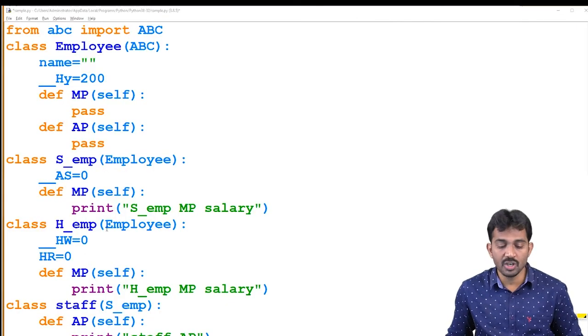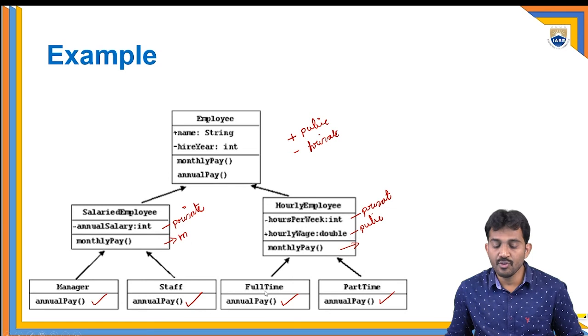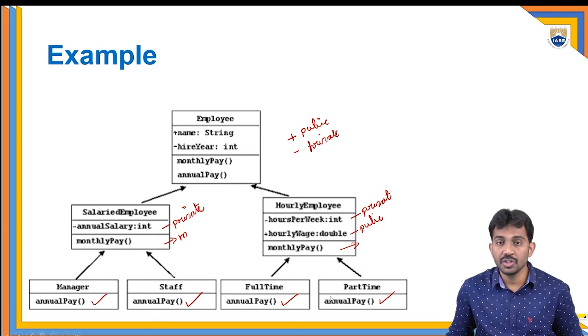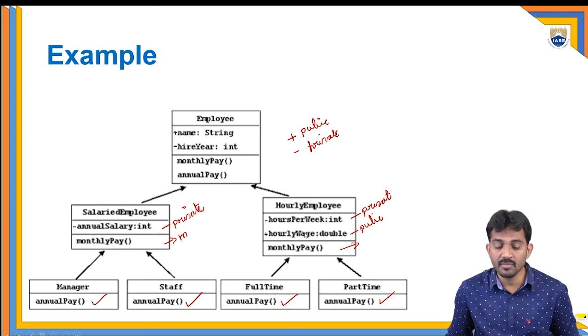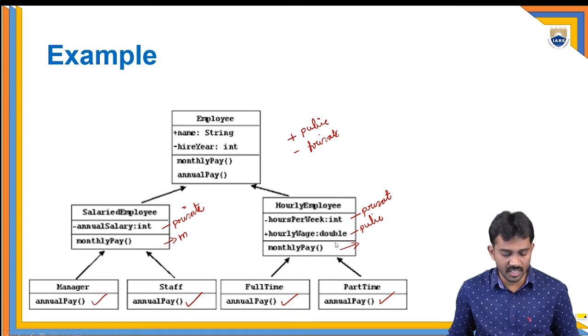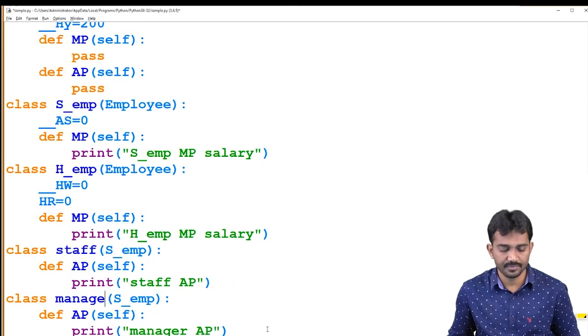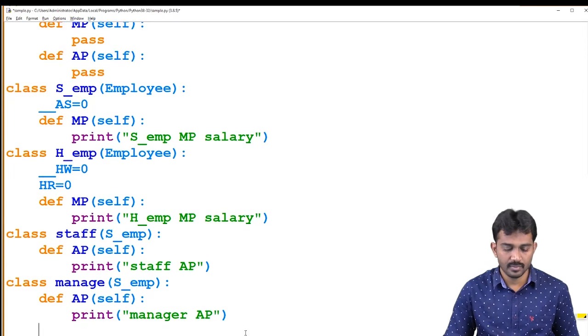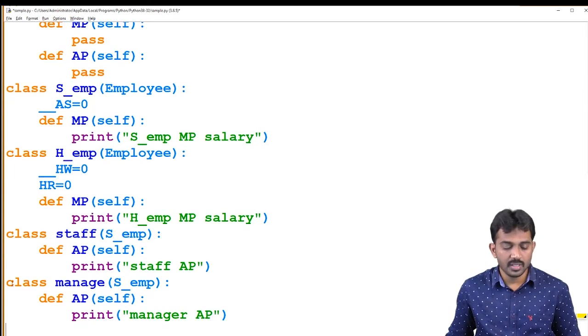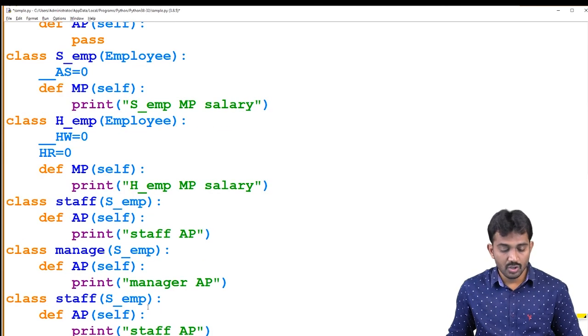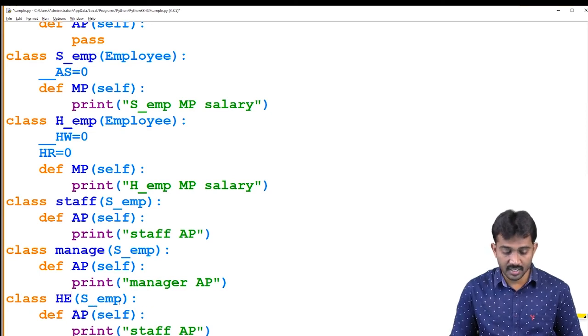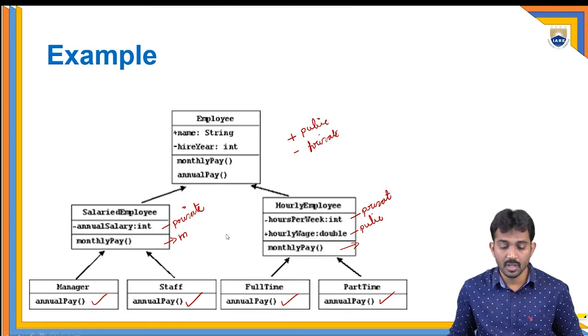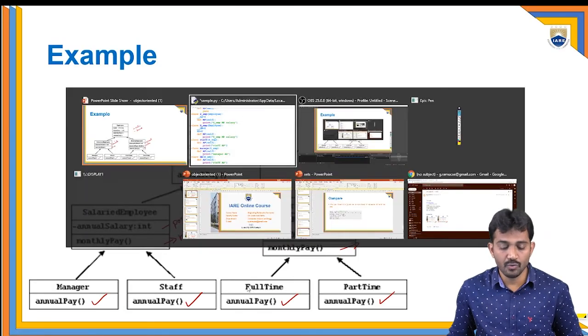And we need to implement two more classes. What are those? Full-time employee and part-time employee. These two are inherited from the hourly employee class. See, this is the way you are going to do it. Hourly employee, right? HE. So it is from hourly employee.